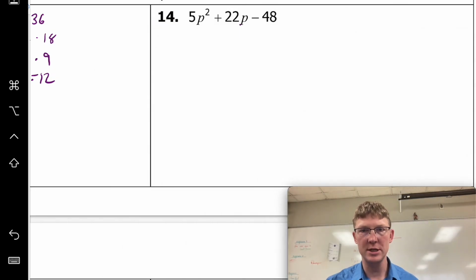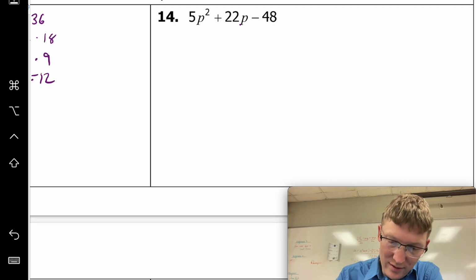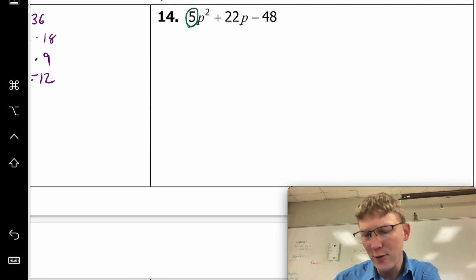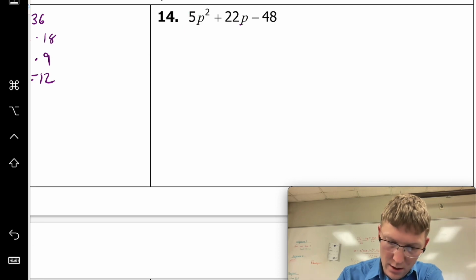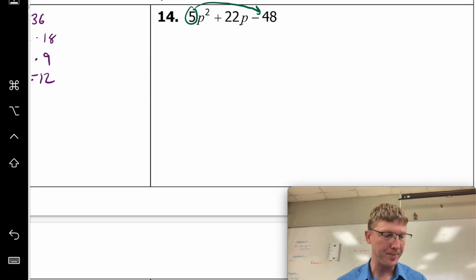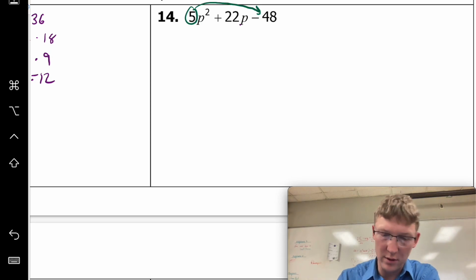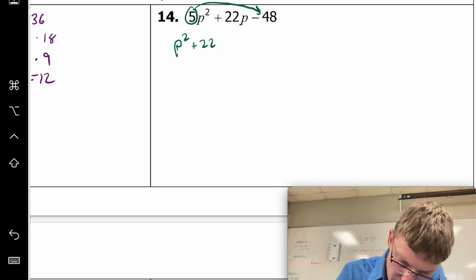All right, let's do one more together, and then the rest of them is going to be part of our practice work. So again, we've got this pesky little 5. First thing I would do is look through and see if I can factor that out. I can't. So we're gonna wrap this 5 up into the 48. Yes, we're gonna have a big number, but whatever, it's fine. So we're gonna have p squared plus 22p